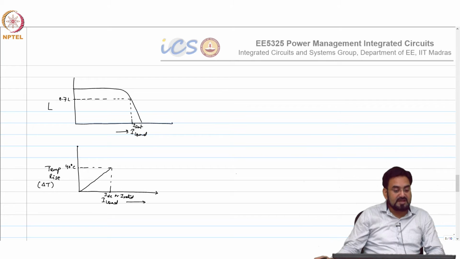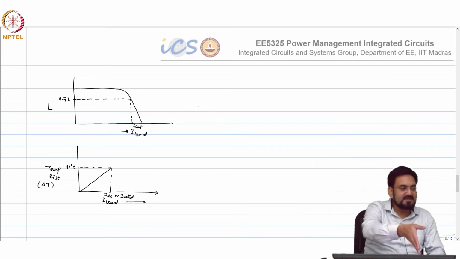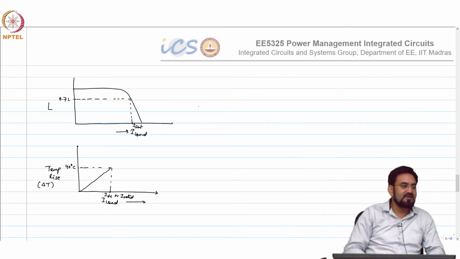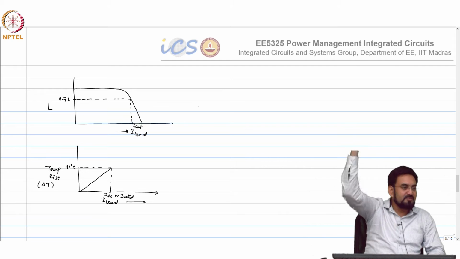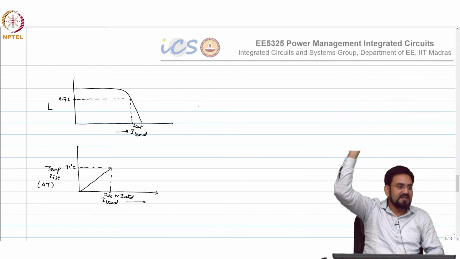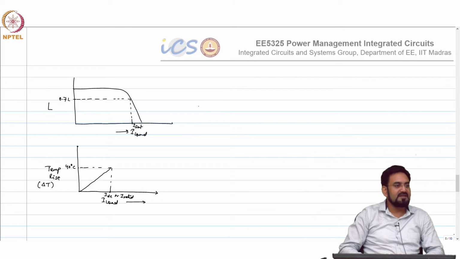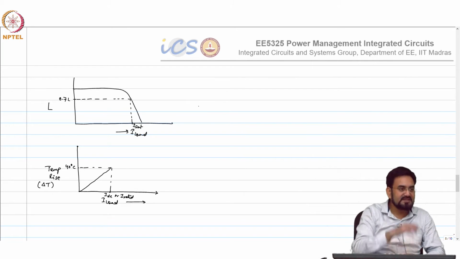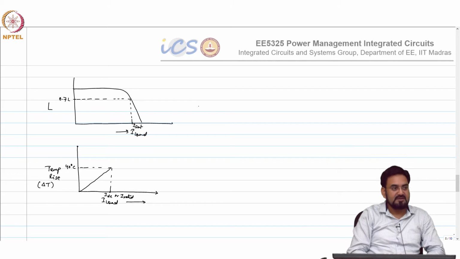So for those kinds of inductors, you have to be a bit careful. You have to have enough margin, because the moment it hits saturation, your inductance will drop quickly. It will increase your peak current. So let's say 1 microhenry drops to 100 nano, that is a 10 times increase in the peak current, it will break everything, the FET, and that's one of the reasons you require that current limit, so that you can turn off your FET immediately and protect the inductor as well as the power FET, everything.